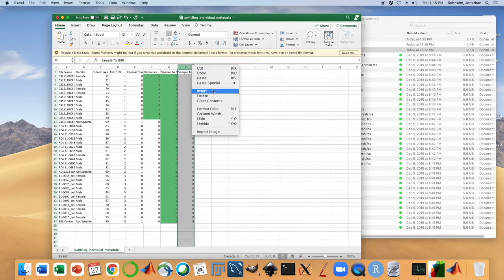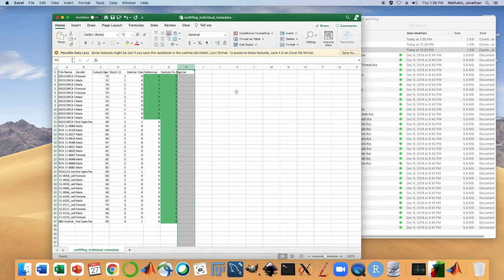So technically we could completely remove this column and everything would be fine. We'd have our reference sample. In this case, instead of using the control sample as our reference, we're going to use the entire set of samples. So why you might want to do this is in a situation where, for example, if you didn't have